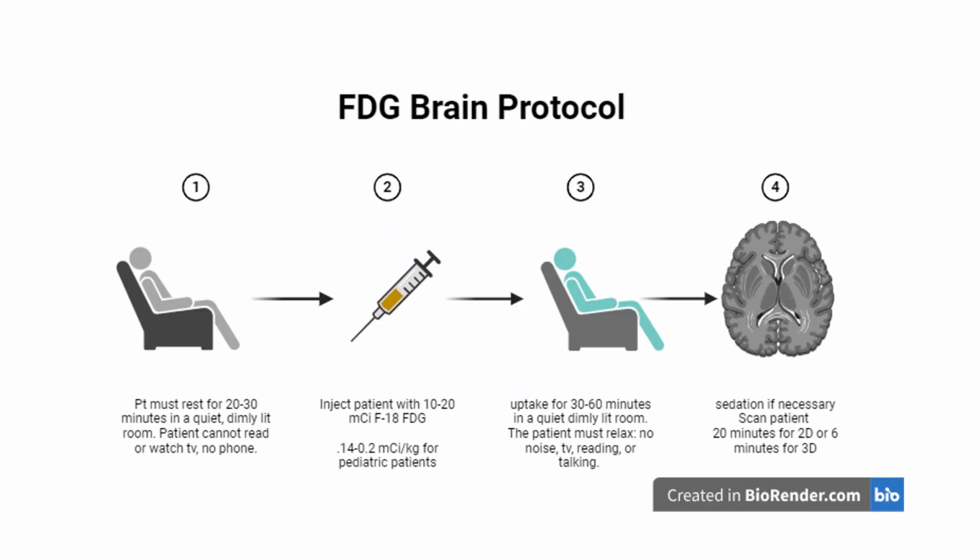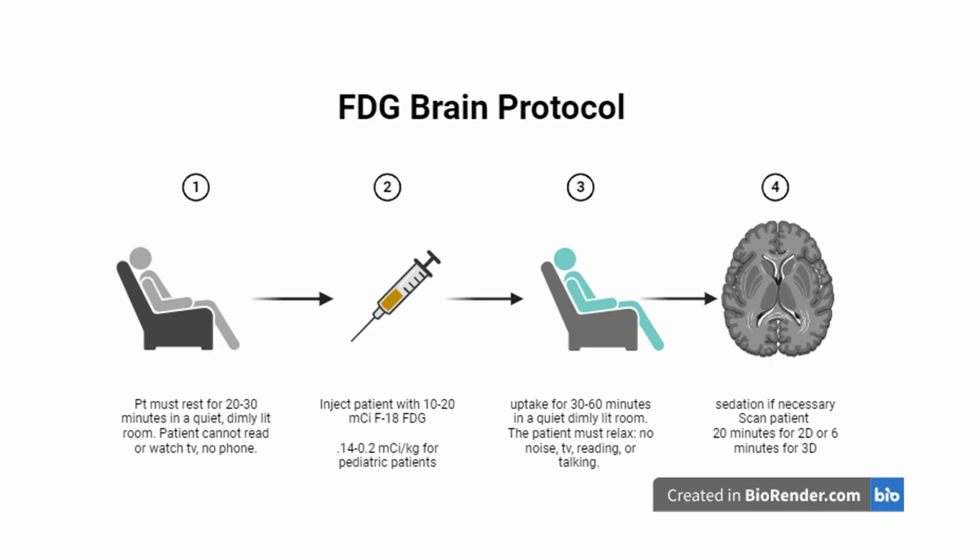And this is just a visual aid to show you the process. So the patient will come and rest for 20 to 30 minutes in that dimly lit room in the quiet. Patient cannot read or watch TV. They cannot have their phone on during that time. They've got to just sit there. You want them to try to stay awake, but you also want them to just sit there and relax, because if patients fall asleep and they dream, that can also impact their metabolism of the glucose